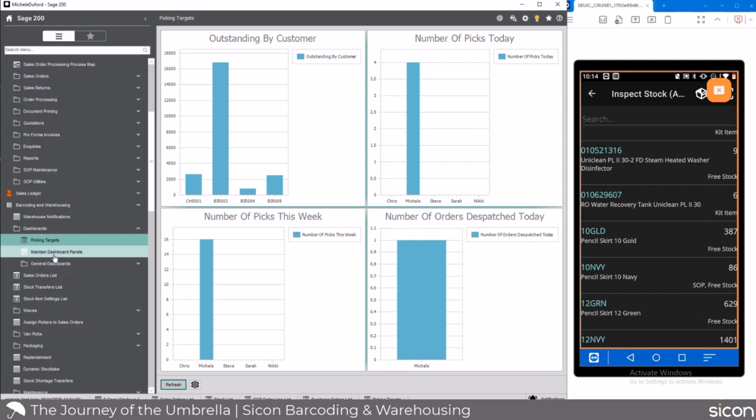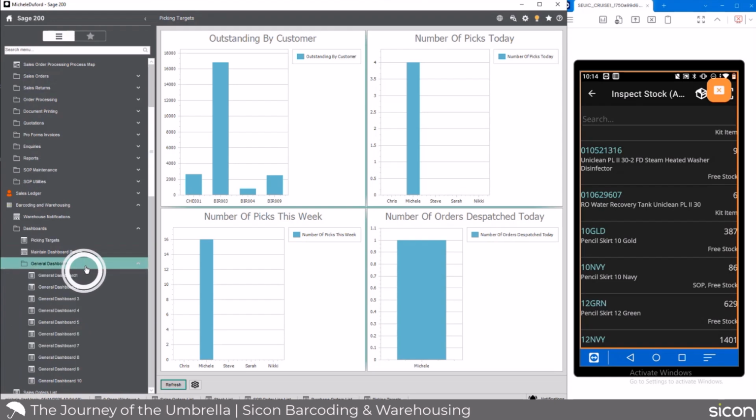There are a number of these that come out of the box, and then if you go into your general dashboards, you can create additional ones with multiple panels, and these can get really intelligent. They're quite powerful. So again, a quick and easy way for individuals to be able to monitor what's going on in the warehouse. Back to our menu option one more time,